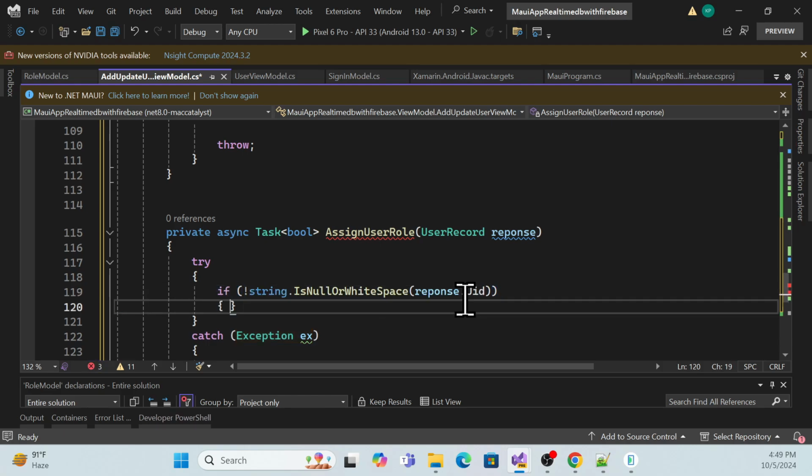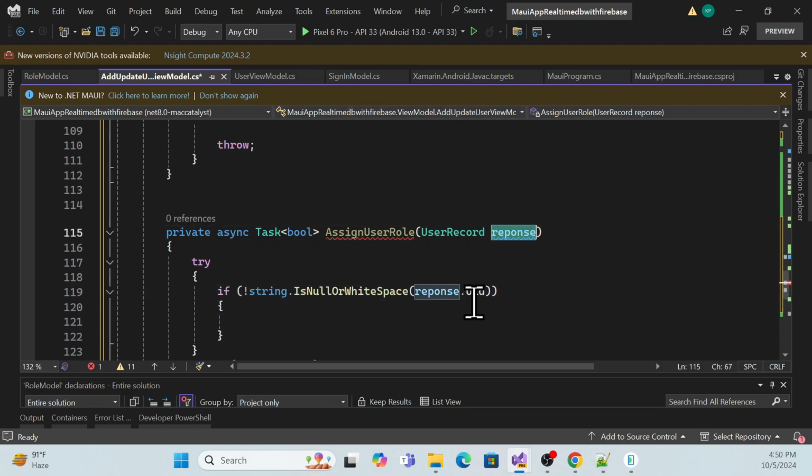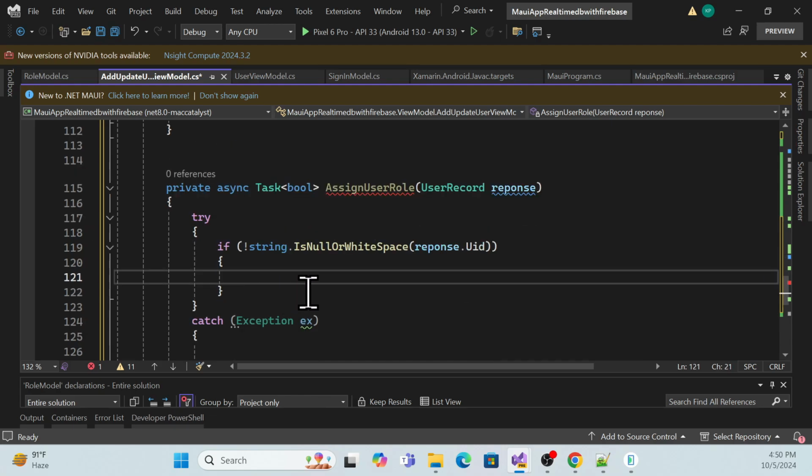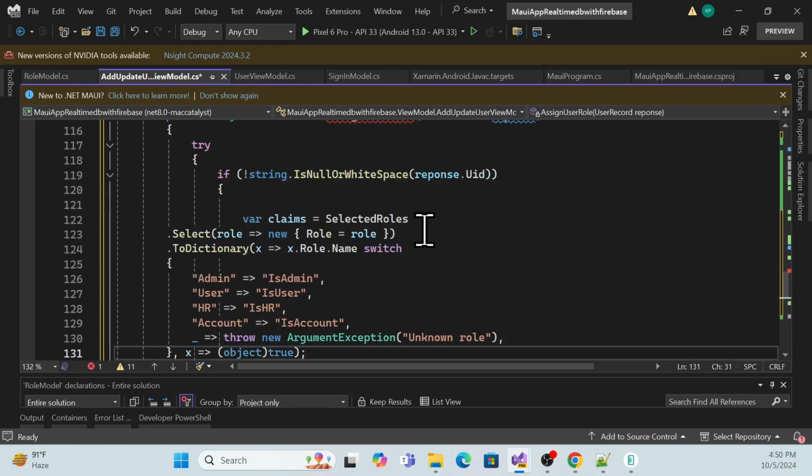First we have to check whether that response has a UID. If it is not null, that means we have successfully added the new user, right? So once you successfully add the new user, I have to do one thing over here. It is a little complex, but I think it is fine. If you see this code, see what I'm trying to do is, see whatever the current role